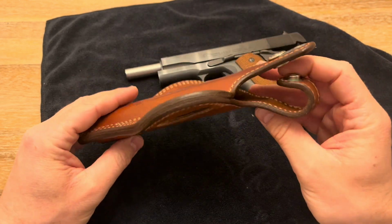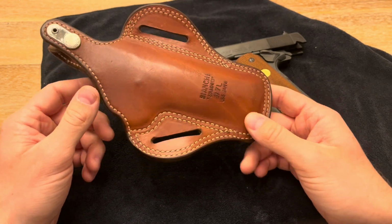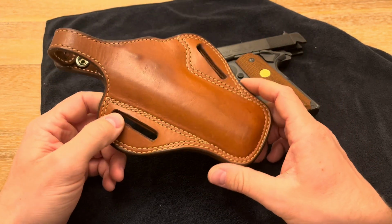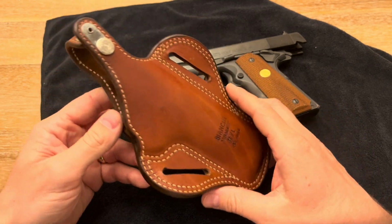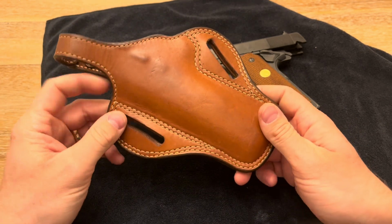But yeah, I've been looking for this for a while. I'd seen a couple on eBay. Bianchi doesn't make it anymore, at least not this version. They make like a Shadow 2, but it looks pretty different. I kind of wanted this one. But I'd seen a few of them for sale on eBay, because that's where I usually have to do most of my holster shopping, considering